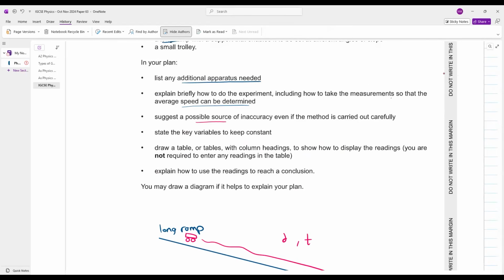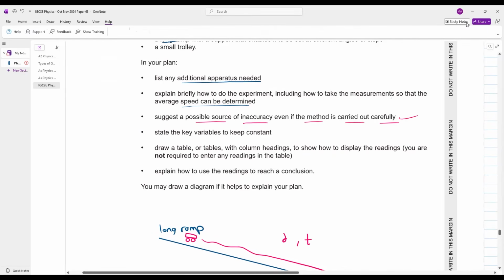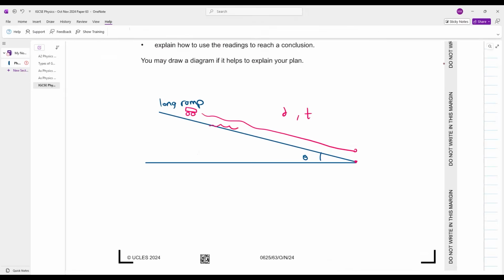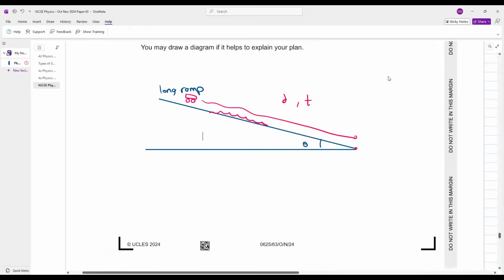Suggest a possible source of inaccuracy even if the method is carried out carefully। अच्छा जी, inaccuracy यहाँ पे क्या हो सकती है? Difficult to time the trolley, ठीक है। रैम्प का सरफेस इज नॉट रेगुलर। हो सकता है आपका रैम्प का सरफेस रफ हो, ऊपर नीचे हो, that varies the motion of the trolley, so you can say